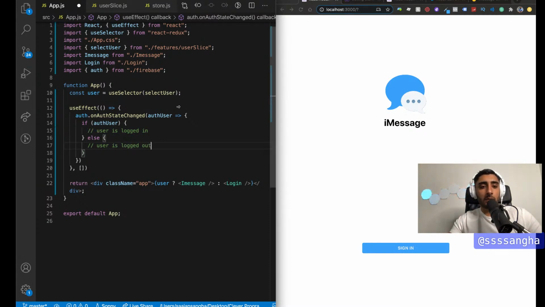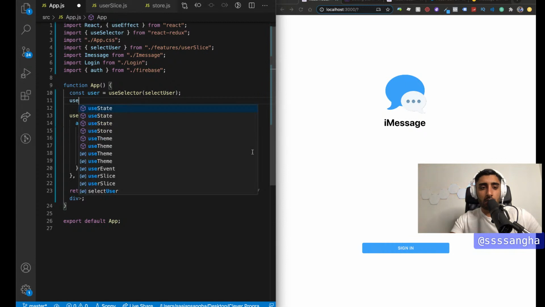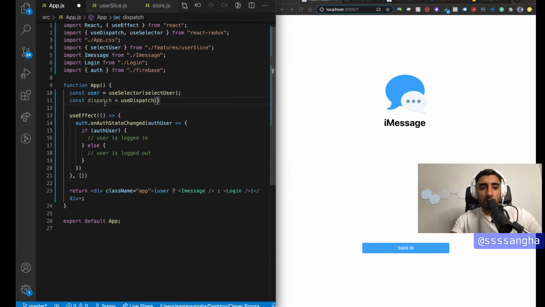And then what we're going to do is we're going to get the dispatch. Remember earlier on, I drew that diagram. Whenever we want to add something into the data layer or the Redux onion that I described earlier, what we need to do is use the dispatch. So here I'm going to say useDispatch. And then I'm going to import it from react-redux. So we say const dispatch = useDispatch(). This gives me like the gun to go ahead and fire a change into